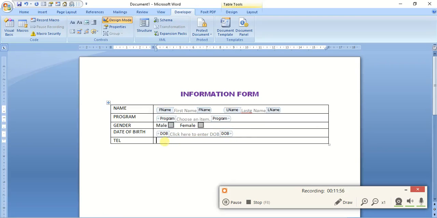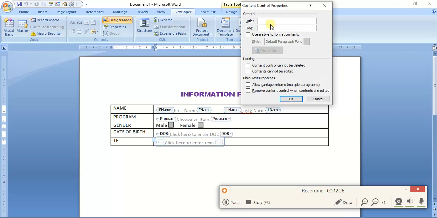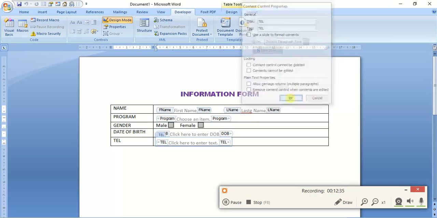And for your telephone number, let me just use a regular text box. So I click on that, go to properties. Let me just go over again so you fully understand what I'm doing, just in case you missed a step. All right, click in that area, click on my plain text right here, and my design mode is on. If it wasn't on, it would look like that, no light. But by clicking on it, design mode is on. Then click on properties, and I am going to call this telephone. I'll just call it tele as well. And I can click on OK,